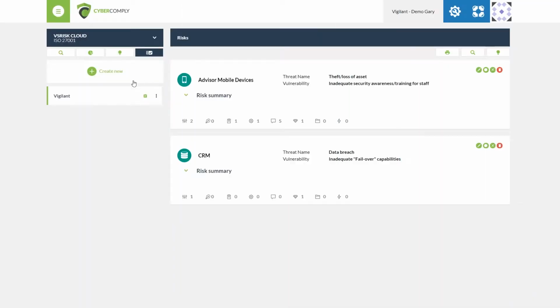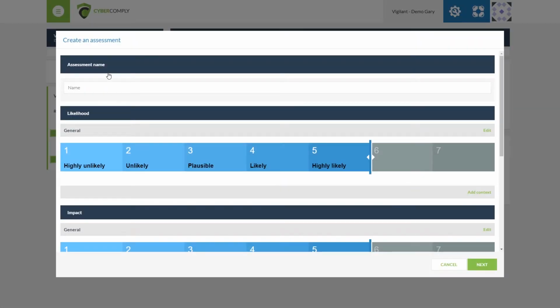As we can see over here on the left hand side, I already have one that's been completed. By selecting Vigilant, which is my risk assessment group, we can see that we currently have 2 assessments being conducted. To create a new group, select Create New at the top left, and this will take you through 2